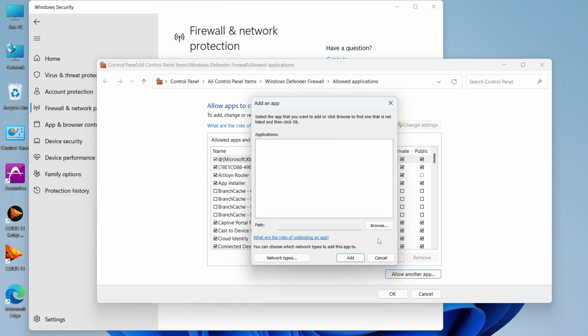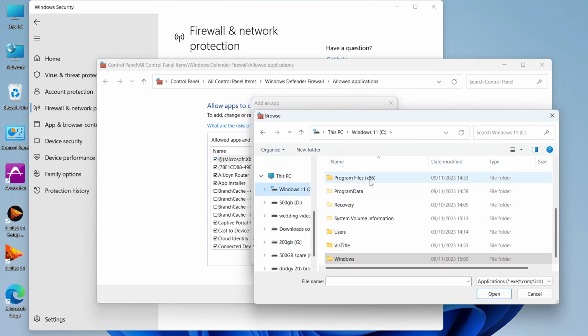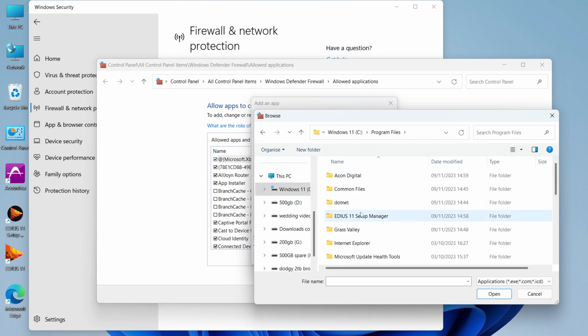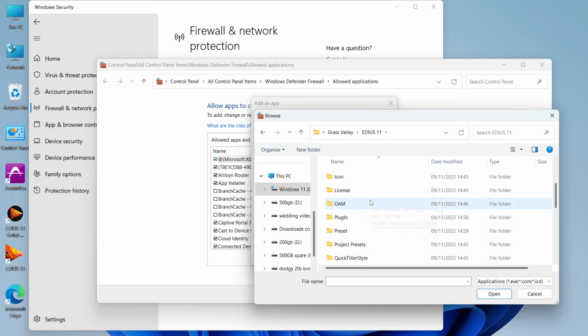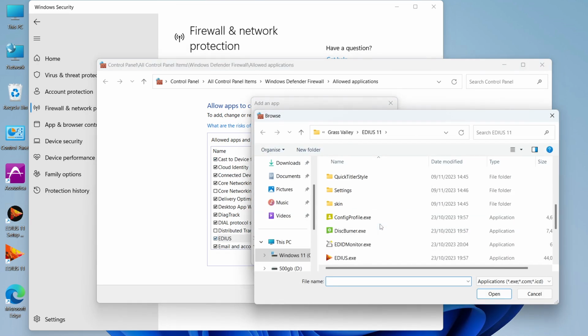Then you can go down to this button, allow another app, and this is where you start to add in apps. Now this is what might change. There might be more apps to add in, or maybe some of these you won't have to add in. But I will click on the Browse button and find, for a start, Programs Drive, Edius 11. There we are, Edius, add that in, click Add, allow another app,